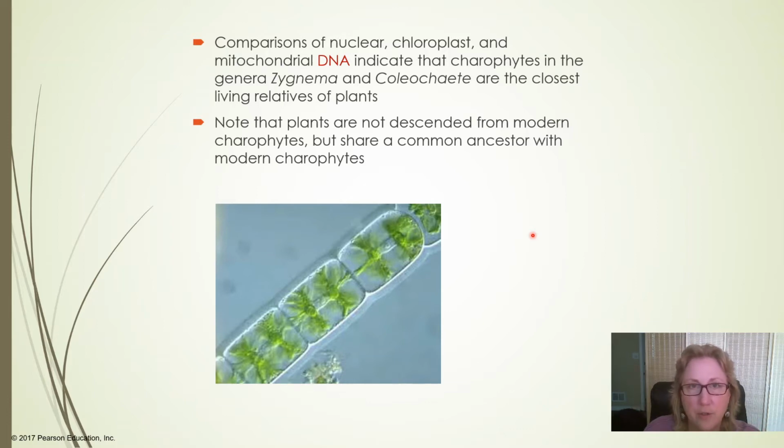The first eukaryotes were cells that had endosymbiosis with alpha proteobacteria, and they have their own, so mitochondria and chloroplasts have their own little circular DNA chromosomes with not a huge number of genes, but dozens of genes. And we can compare the sequences of those, and that has determined that there's a specific groups in the charophytes that are most closely related to living plants. The zygnema and the coleochaetes. And this is a zygnema down here.